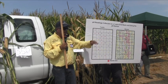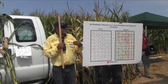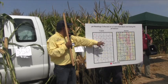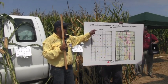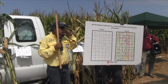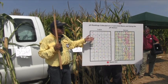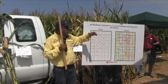Now, for this or any technology, my experience is that technology is not turnkey. It took us 2 years really to get to this point where I'm comfortable with this sensor. Becoming familiar, calibrating, and making sure the water we use is buffered. Contrary to what the manufacturers say, no, we need to buffer the machine. The same with the GreenSeeker. And lastly,